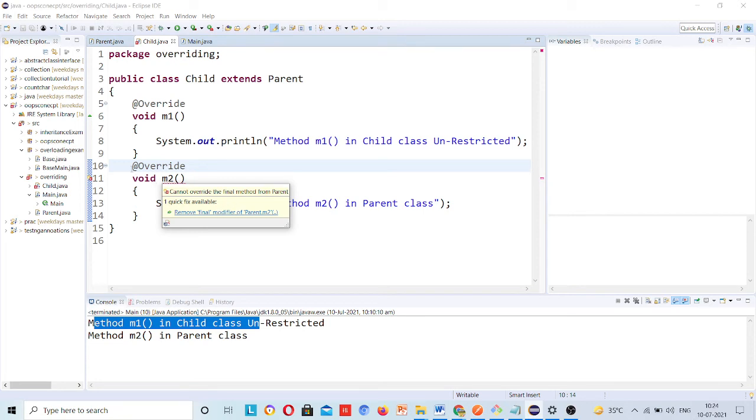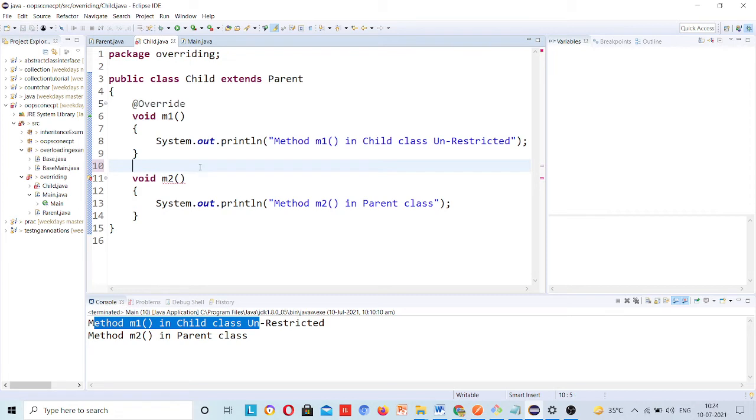Suppose you are saying I am overriding, but you are not able to override just because of the final method. If I remove this, still there will be an error, because @Override is not mandatory to write.